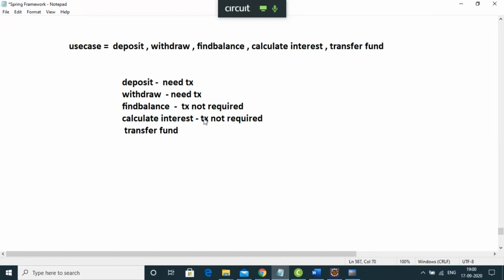In the fifth scenario, I want to transfer some fund from one account to another account. Assume I want to transfer 10,000 from account A to account B. When I transfer the fund, that 10,000 rupees should be deducted from the X account, and the same 10,000 rupees should be added into the Y account. That means both the tasks should be successful, and both the tasks I have to put inside a transaction in that scenario. So to transfer fund,